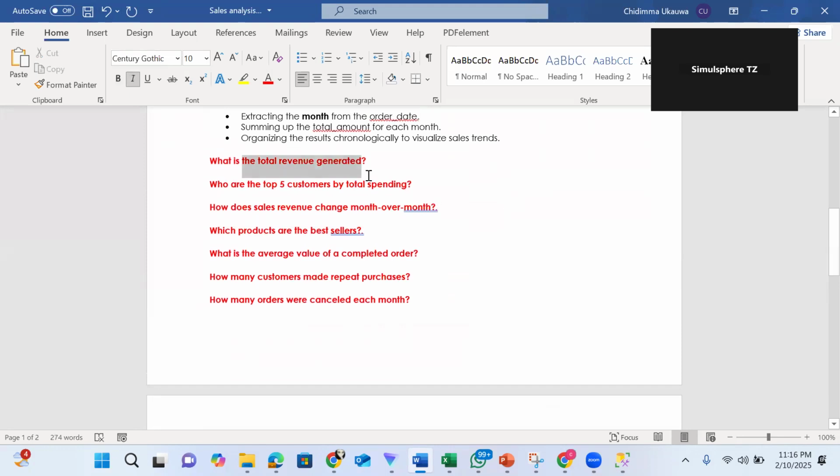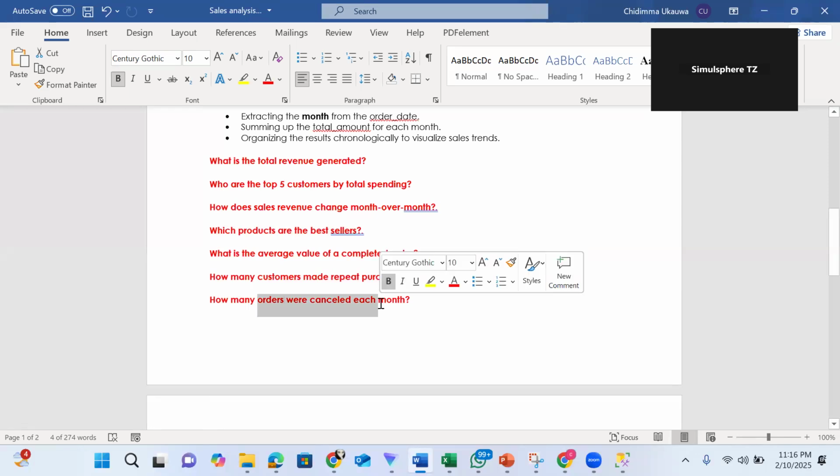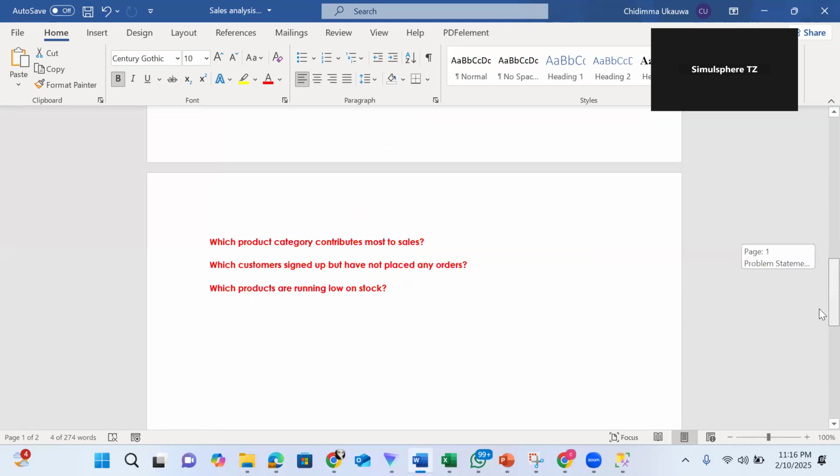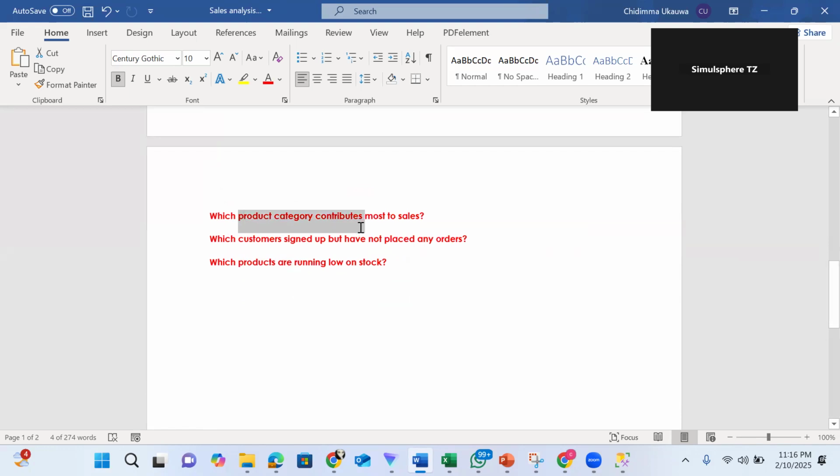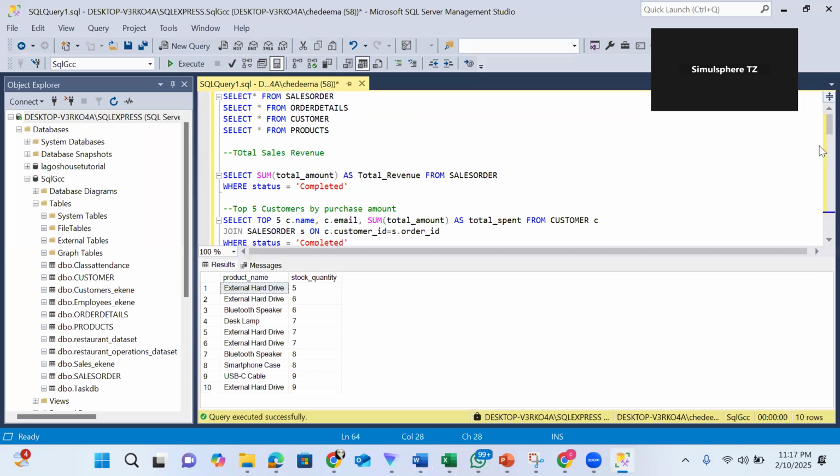We're able to identify our total revenue, top 5 customers, sales revenue from month to month, best-selling product, average order value, how many repeat customers we had, how many cancelled orders per month. We've been able to identify the product category and best selling product category. We've been able to identify how many customers signed up but did not place order. The response is none. And then we've been able to identify products that are running low on stock, all using